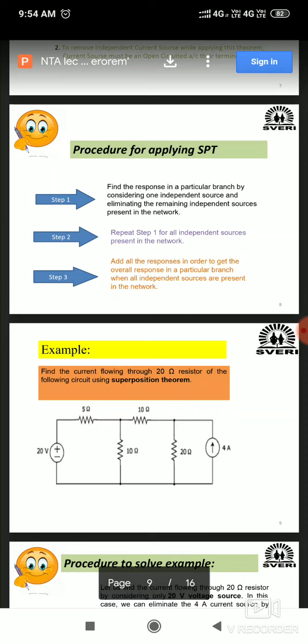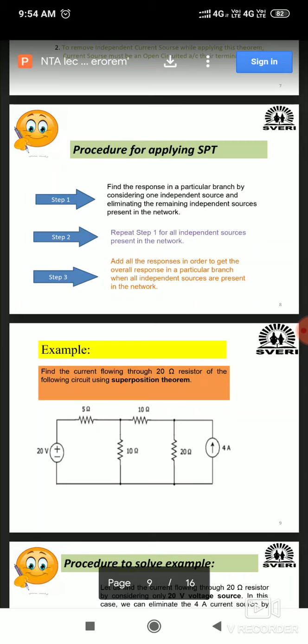That is, you have to take the independent voltage source when we are considering one at a time. So after solving, you have to take the algebraic sum of all responses so that you will get the final response, and that is nothing but the response due to all sources acting simultaneously. जो काही final response असणार आहे तो काय असणार आहे, the response due to all sources acting simultaneously.